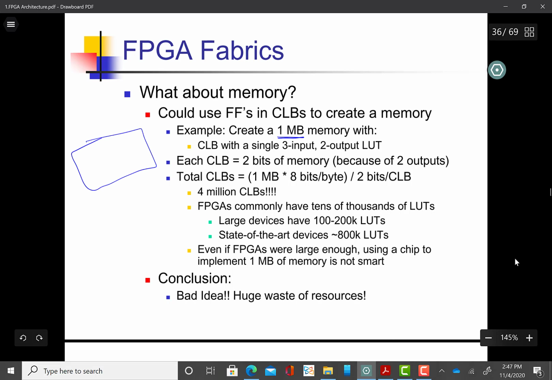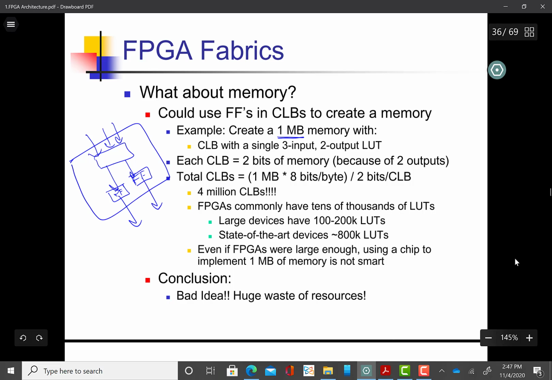So it is something like this. This is our CLB, which has 3 inputs and 2 outputs, and every output has a flip-flop connected to it. If we want to implement 1 megabyte of memory using this CLB, we can support only 2 bits per CLB. Then, in order to implement 1 megabyte of memory, we would require